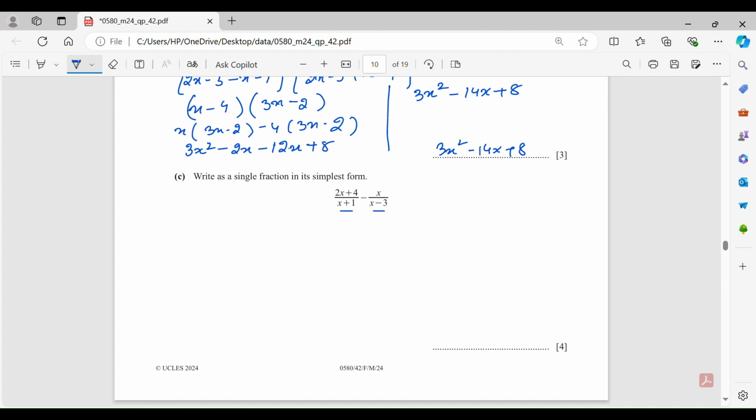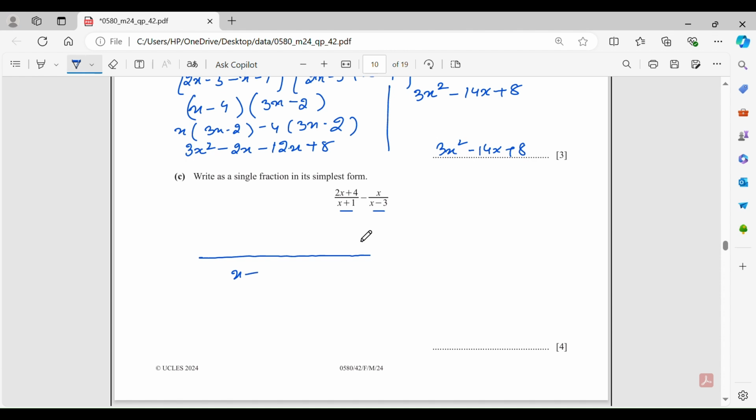So here we will do x plus 1, x plus 1, and x minus 3, right? So this 2x plus 4 is multiplied by x minus 3, and minus x is multiplied by x plus 1,